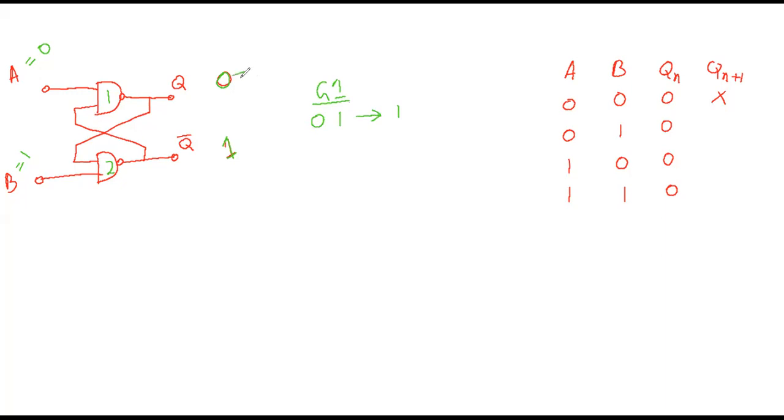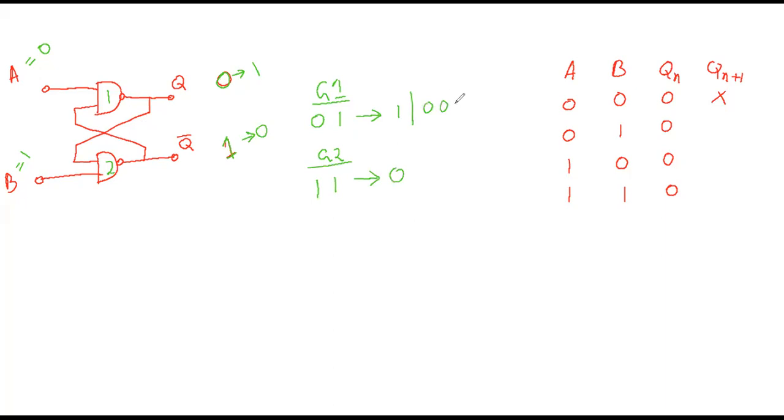Instead of 0, it will become 1 now. And that 1 is again appearing at gate 2. So what are the inputs at gate 2 now? 1, 1. Correct. If the inputs are 1, 1, then what will be the output? 0. Fine. It has changed to 0 from 1. So this 0 is coming again to gate 1. So is there any change at gate 1? Let me check. So now the two inputs at gate 1 are 0, 0. Very good.